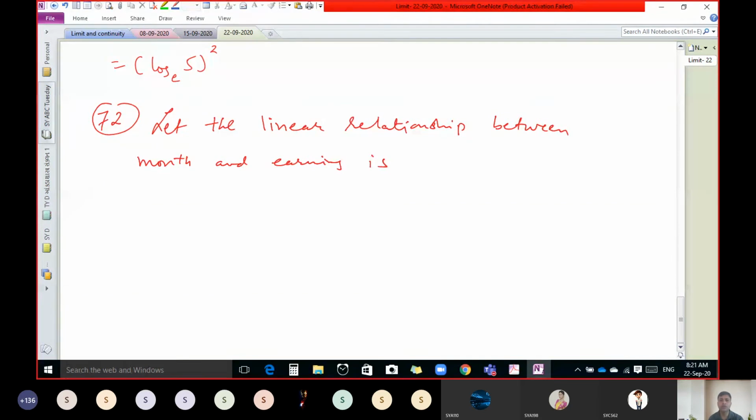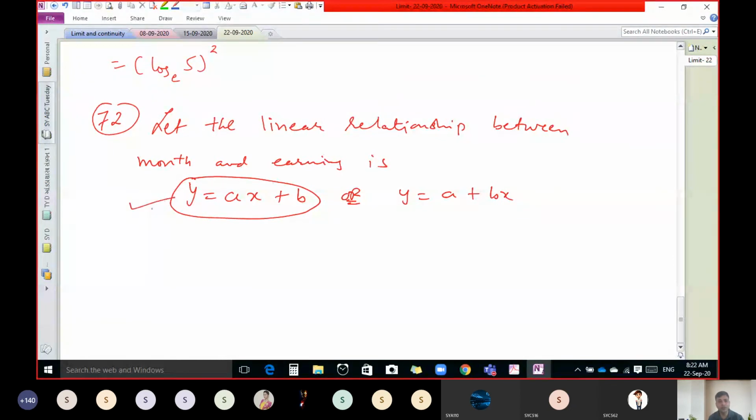Now can you tell me what is the form of the linear relation, any of you? Y is equal to ax plus b. Yes, y equal to ax plus b, or there is another way you can write y equal to a plus bx. Both are the same because a and b are constants here. So let us assume this only, but if anyone writes the other, nothing wrong in it. Both will ultimately be the same. We want to find out a and b.